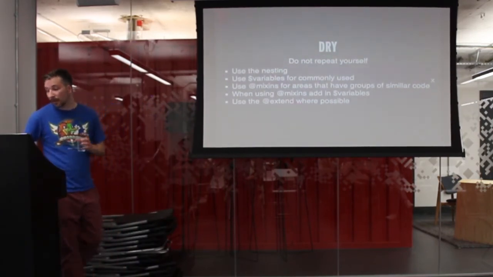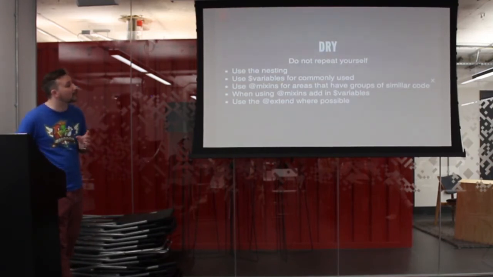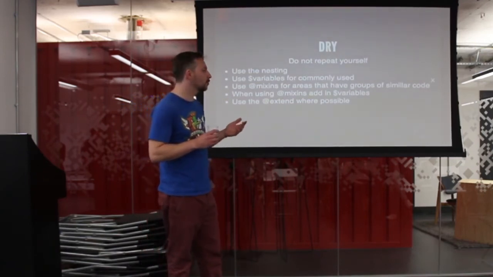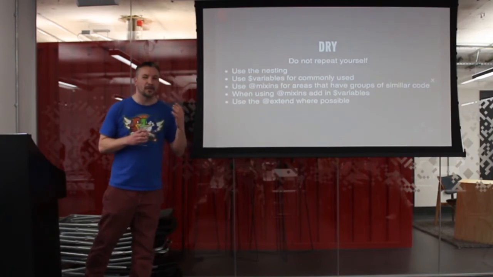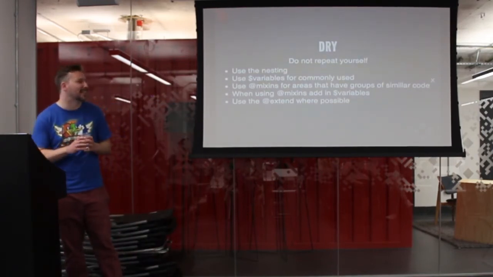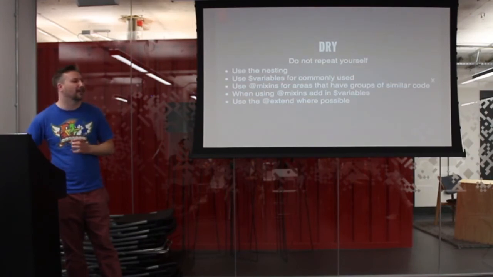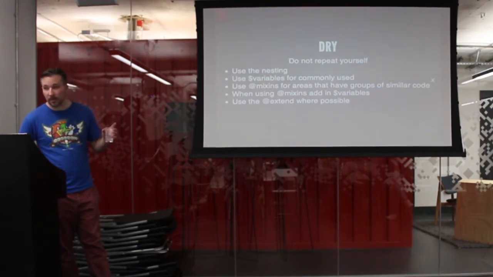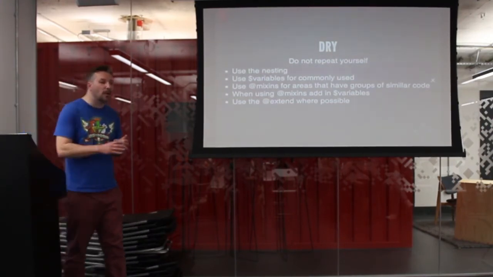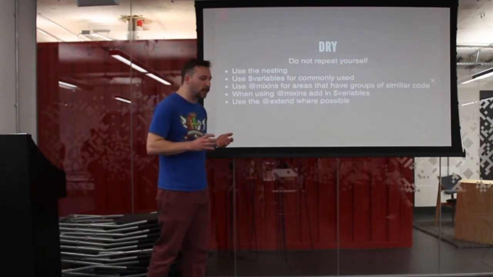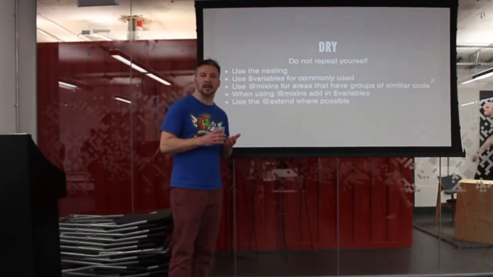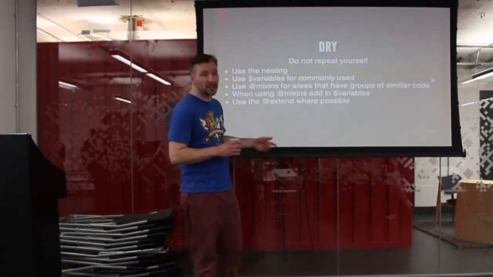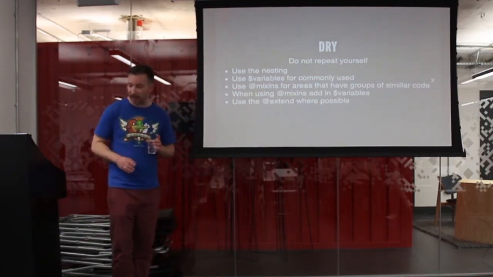So yeah, use variables for commonly used elements that you're doing. If it's consistent, but obviously don't name variables for everything, it's confusing. Just things that you're doing a lot, if you're repeating things. And use mixins for areas that have groups of similar code, like I was saying before. The good thing as well is there's a good community online with coding, and a lot of people have done some really cool mixins. You can check out GitHub and Gist, you'll find stuff on there, and all you've got to do is copy and paste it in. It's easy, it's free to use code.